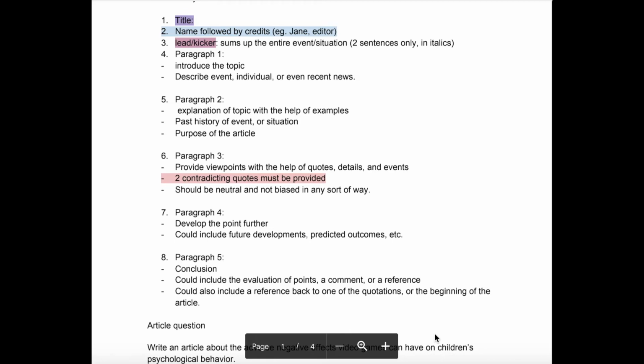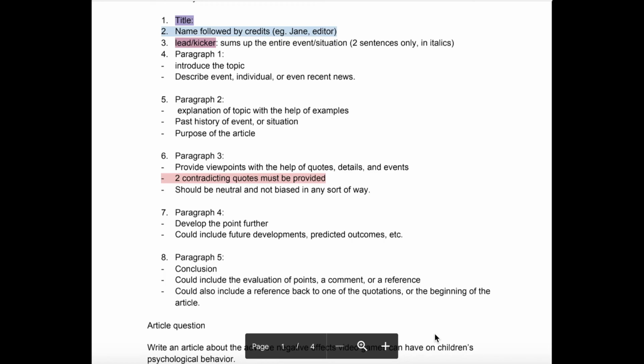For this paragraph, you can stress more upon what is more likely to happen in the future. For example, if you're writing an article about virtual learning, you could either go against it, which is a magazine article. You could talk about the harmful effects of virtual learning, or you could write a newspaper article where you just strictly focus on factual information rather than opinions.